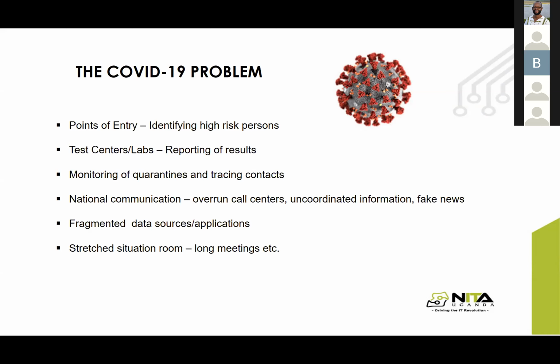Then the other challenge was really, once we had people in quarantine, like the people that had traveled to high-risk countries, and then some that had come home and were quarantined in their homes. It was really difficult in the sense that some of those people actually interacted with some people. So we needed to also be able to trace the people that came into contact with them during that period.